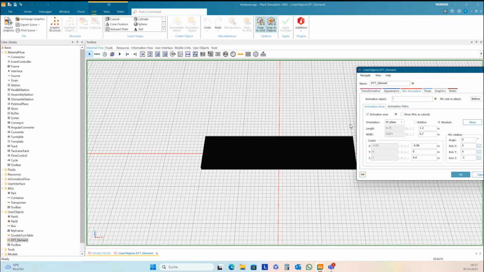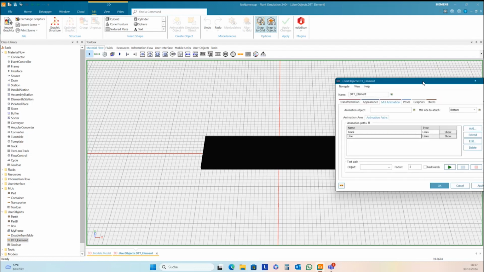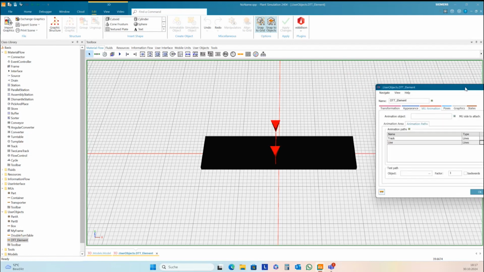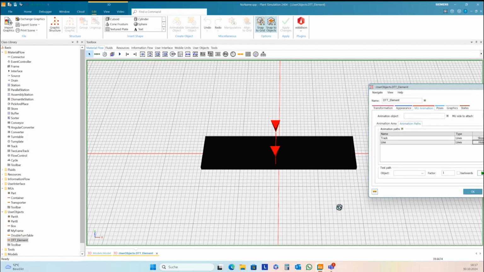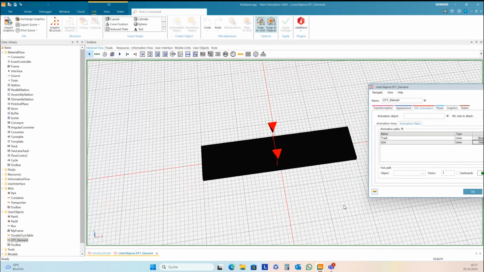The transporter has several types of animations, depending on the load bay you select here. We have the line, so we need to change the line animation. Show it. You see it's in this direction, completely wrong. So you need to change the animation.